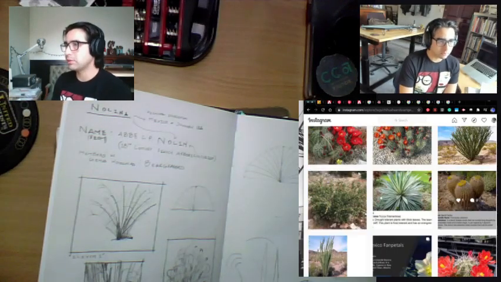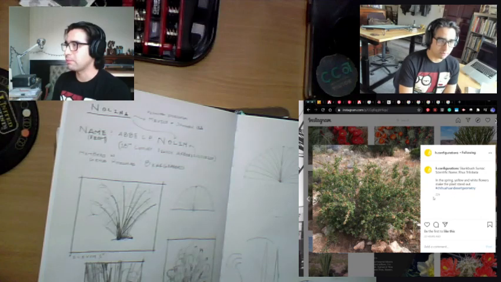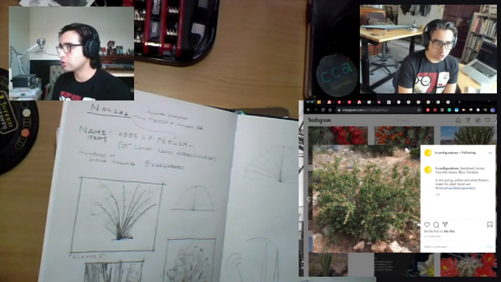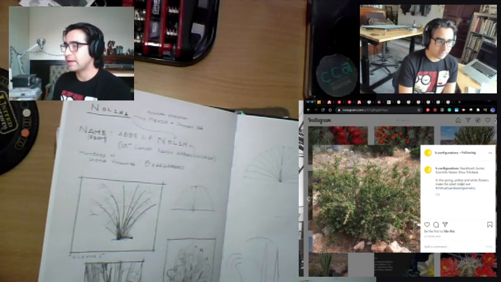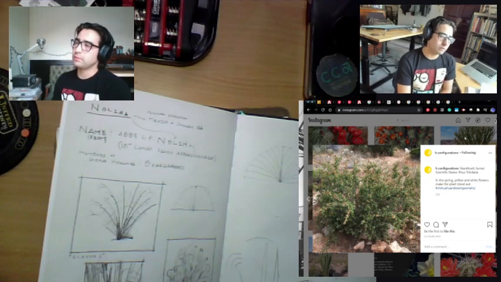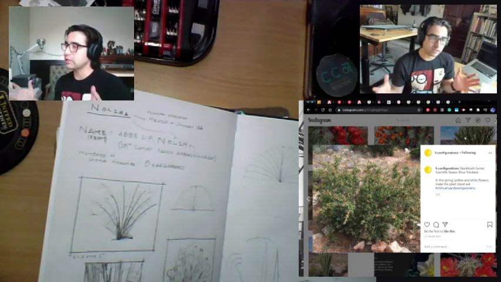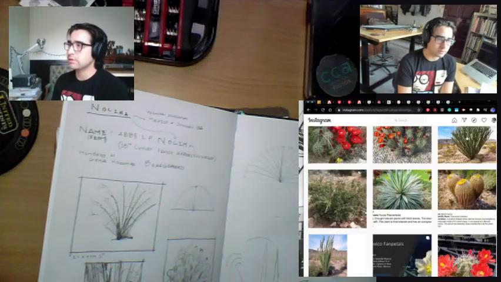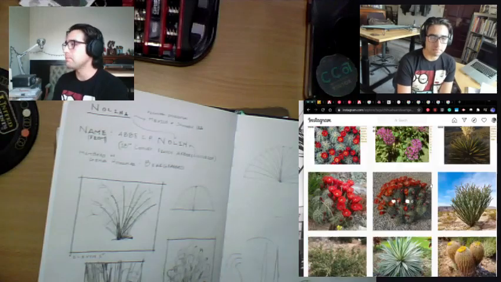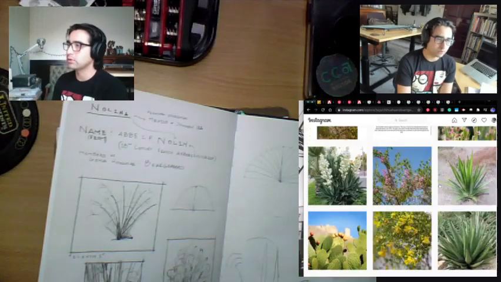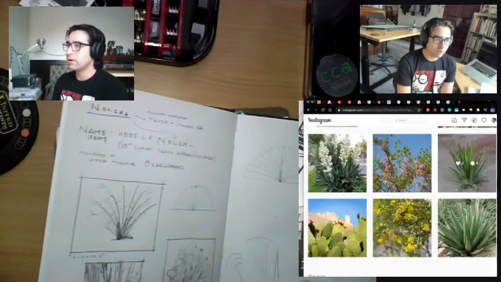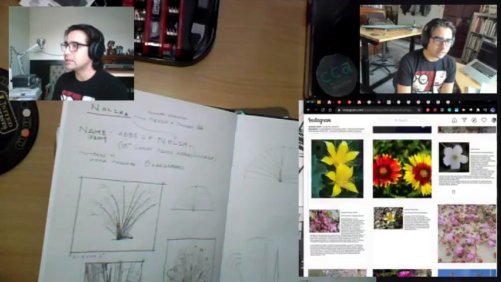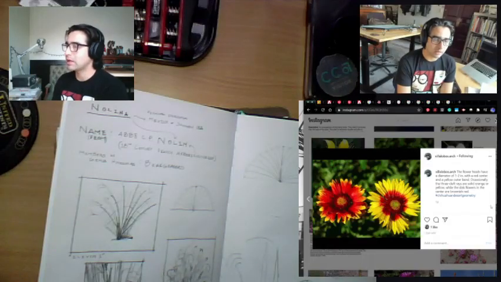But not always, right? Like this one, for example, Skunk bush, sumac, scientific name. In the spring, yellow and white flowers make the plants stand out. And that's also what's interesting: some of these plants change through the seasons, and there's a flowering season, and they change throughout time. So again, rather than going for what I think is an easy one, something like this one,